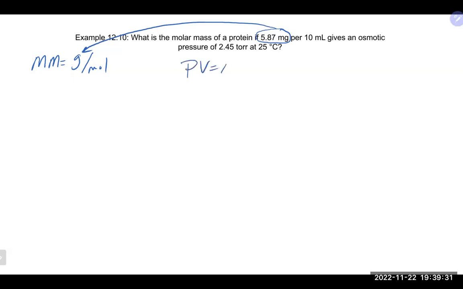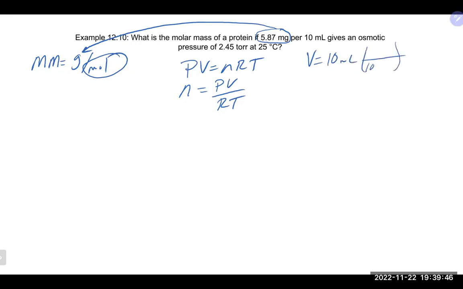So PV equals nRT. We are missing moles, so we will solve for moles here, which would be PV over RT. We do have to do some conversions, obviously. Our volume is 10 milliliters, so we have to convert that into liters. That would get us 0.01 liters. Our pressure here is in torr, which means we need to convert it into atmospheres. So that's going to be 760 torr in an atmosphere. And that will get us